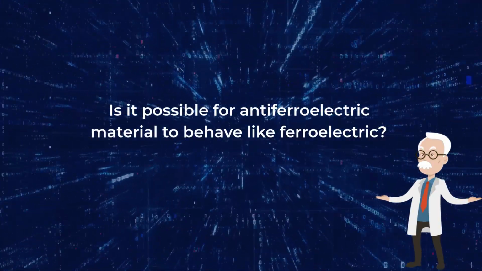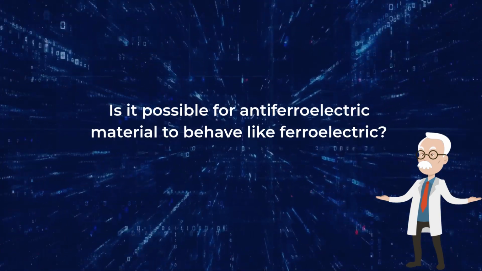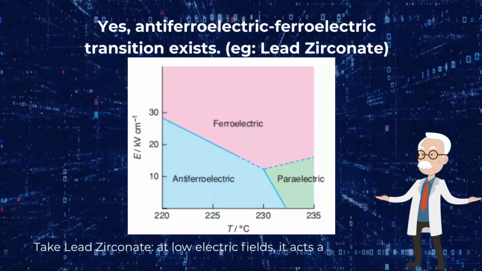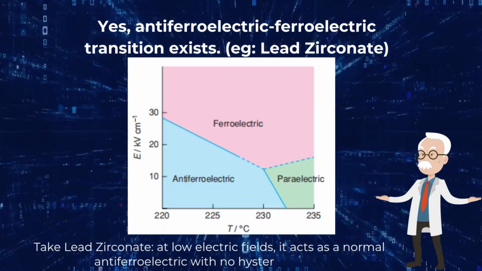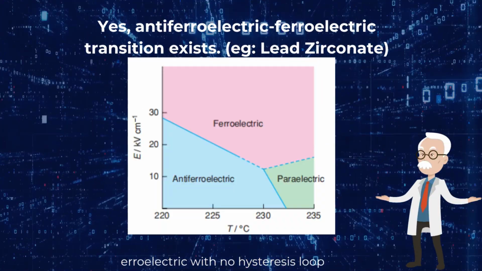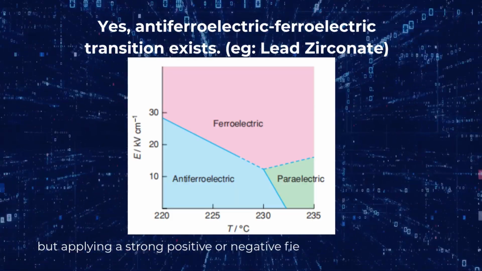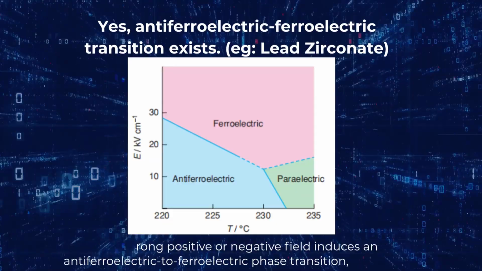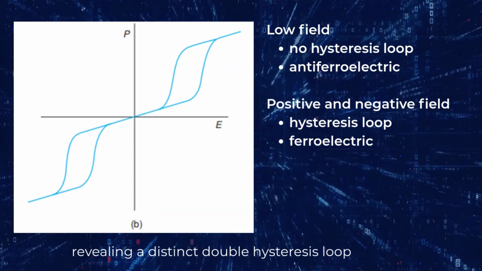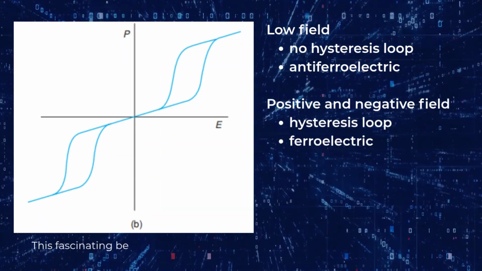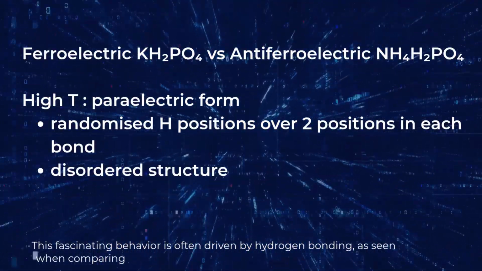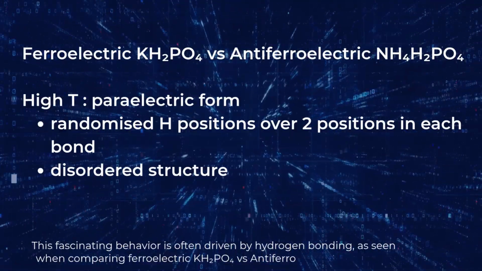Can an antiferroelectric material behave like a ferroelectric one? Yes. Take lead zirconate. At low electric fields, it acts as a normal antiferroelectric with no hysteresis loop. But applying a strong positive or negative field induces an antiferroelectric to ferroelectric phase transition, revealing a distinct double hysteresis loop. This fascinating behavior is often driven by hydrogen bonding, as seen when comparing ferroelectric KH2PO4 with antiferroelectric